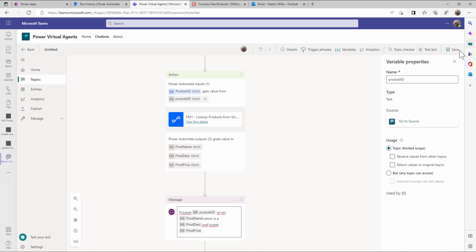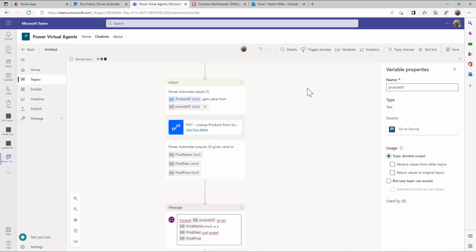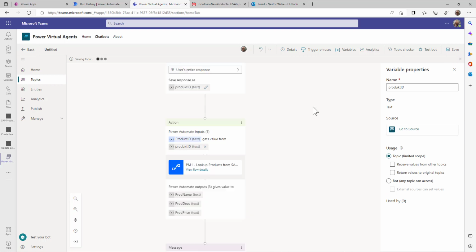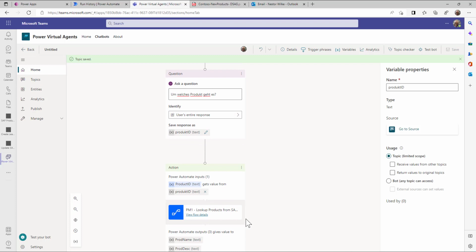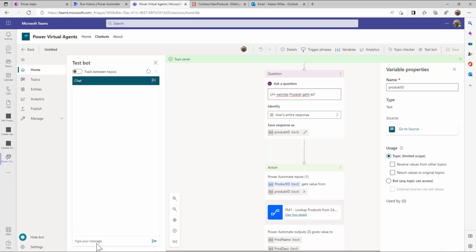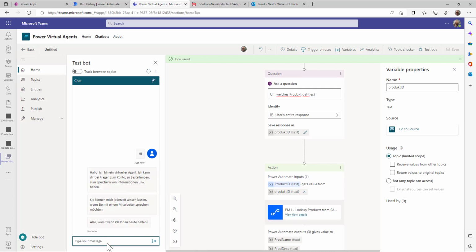So this is a very, very simple flow, but I hope that you can see the idea and get the simplicity. We're using a low-code tooling to create a chatbot flow, connecting to an SAP system using an existing Power Automate flow, and then we can just test it from here. So I can say hi, to start the interaction with the standard greeting, and then I could say,